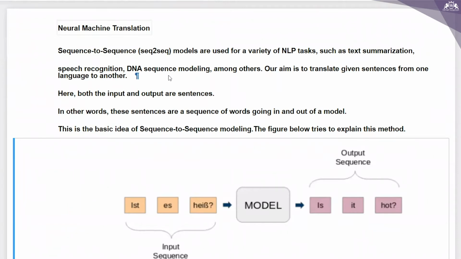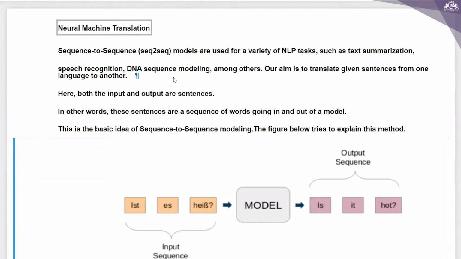The model I'm going to use over here is a sequence to sequence model. These sequence to sequence models are used on a variety of NLP tasks like text summarization, speech recognition, DNA sequence modeling, and there are many more applications.